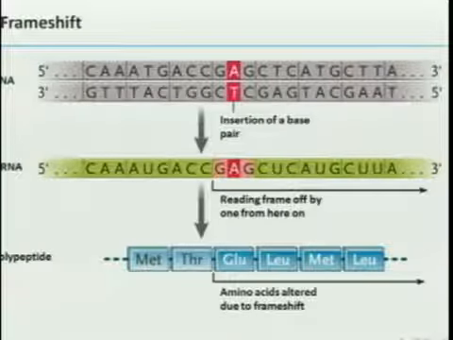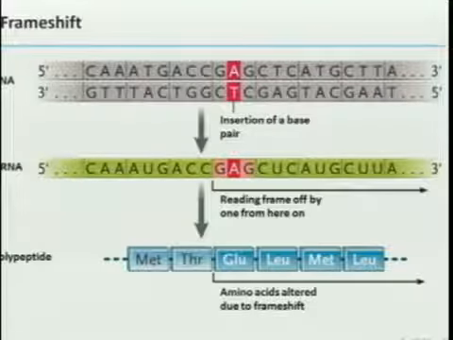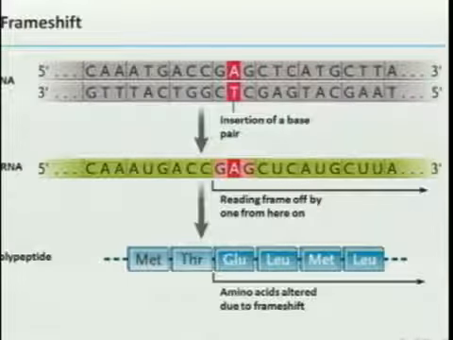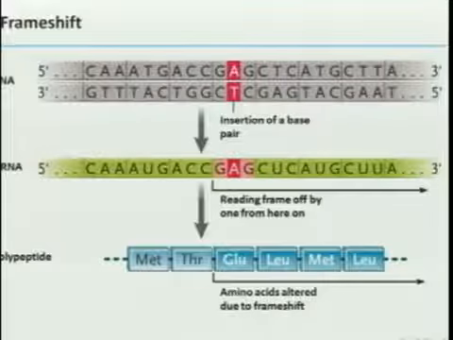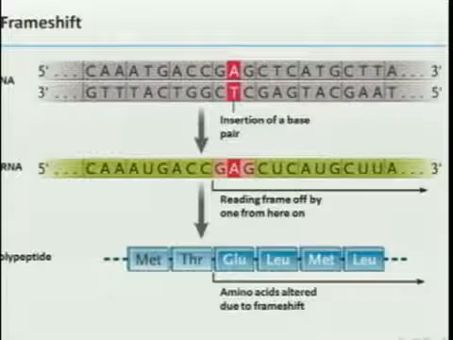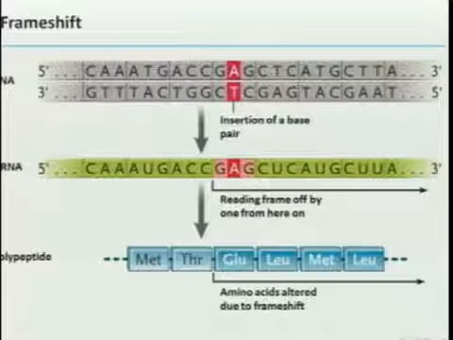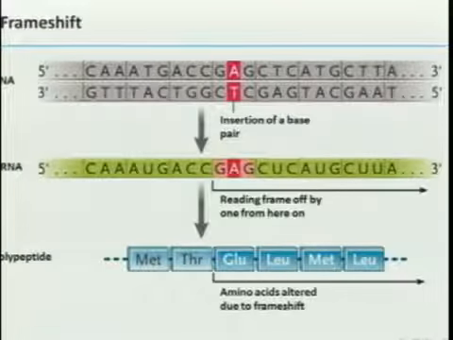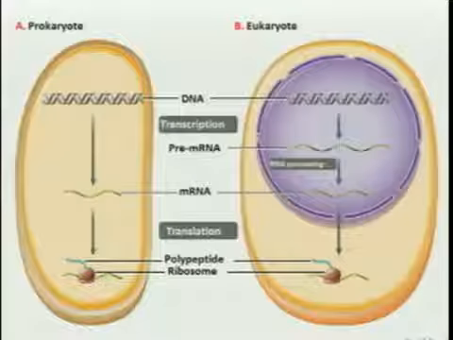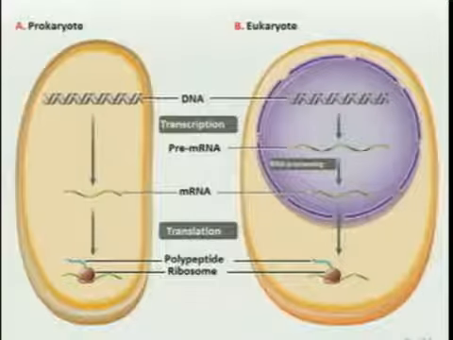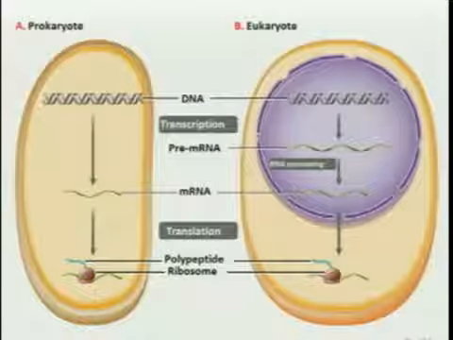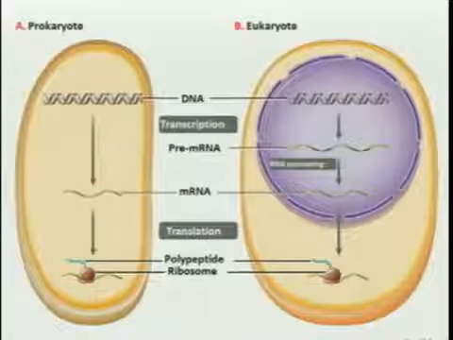And then a little nota bene. Homework to look up what that means. Please. It's very straightforward, very well explained in your book. Ask yourself, compare and contrast nonsense and frame shift mutations. The outcome is the same. The path to the outcome is different. Et voila. There's a survey of the types of mutations that you and I experience, and that I'm hopeful you will be able to basically regurgitate next Friday or whenever the midterm is.